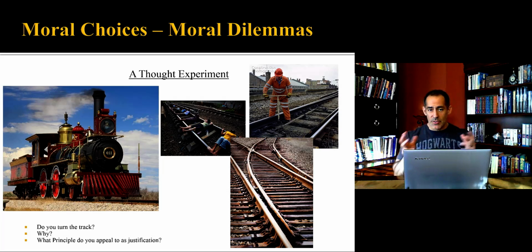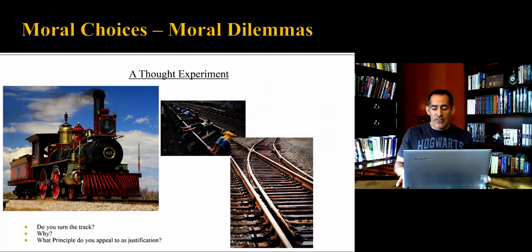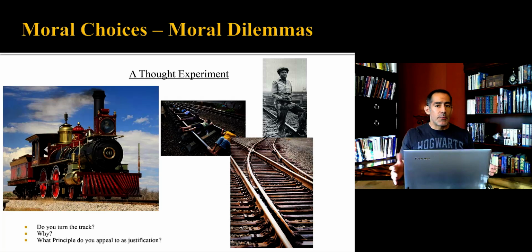Those are both options and both ways that you can reason through this. Now I like to mix up the scenario a little bit as we go here. So let's say you are the person that decides to switch the track. And let's assume the reason you decide to switch the track is based on the greater good principle, meaning you want to save the more lives, and therefore you're going to be willing to kill that 1 person. Would it make a difference to you if that 1 person happened to be of a particular race? Does that change your calculations in any way?